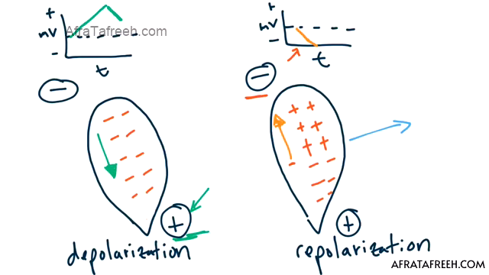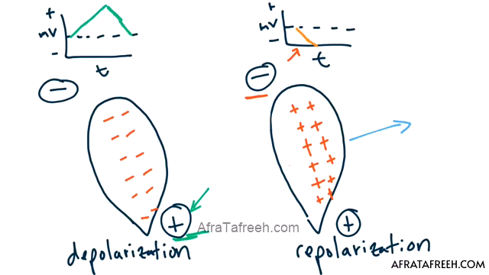So I'll erase the positive signs and draw in negative signs. This means there is no vector, so the EKG returns to baseline. If we were looking at repolarization, the same idea is true. The entire surface would become positive, which means there would be no vector, and the voltage would return to baseline